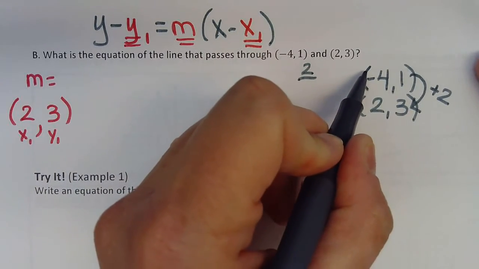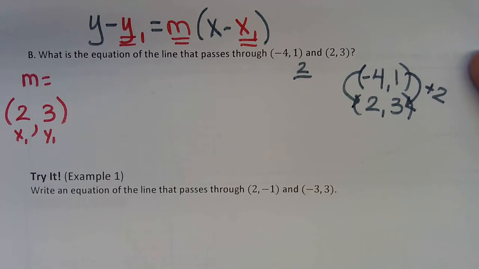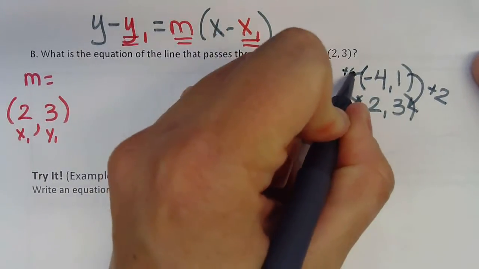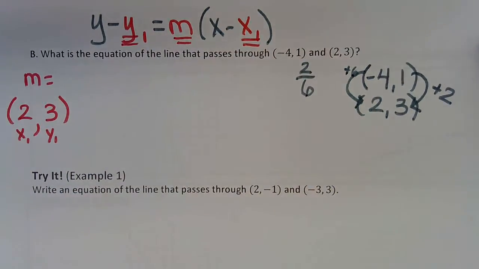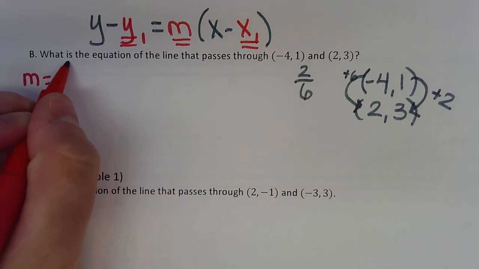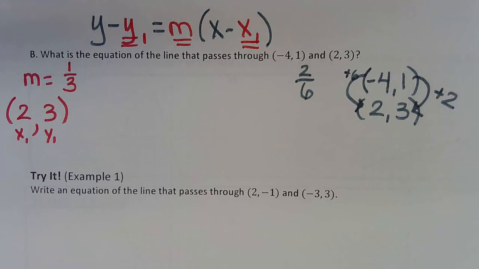And then you have to ask yourself, how do I get from negative 4 to positive 2? How do you get from negative 4 to a positive 2? Plus 6. That's a positive 6. So I have 2 over 6. Can't leave it like that, though. 1/3. 2/6 reduces to 1/3. Now you have your slope and you have your point, and now you just have to shove those into that